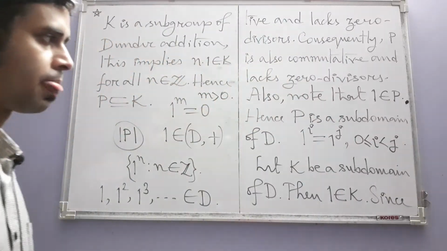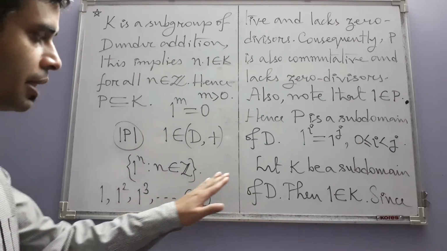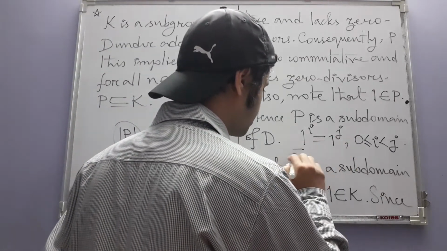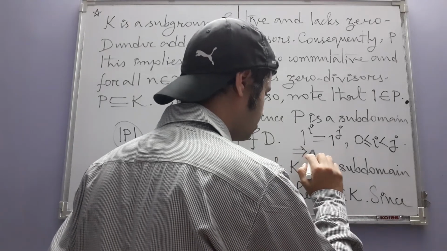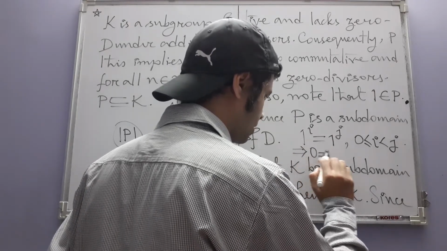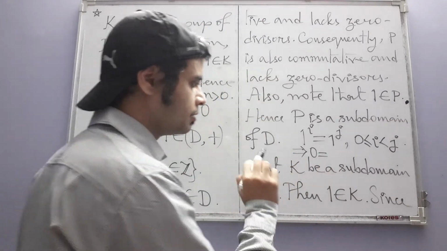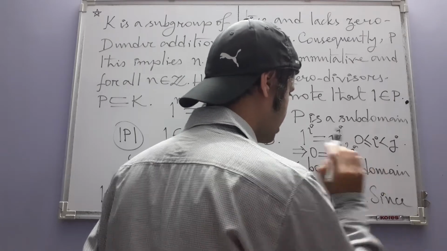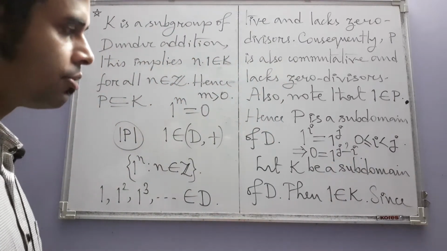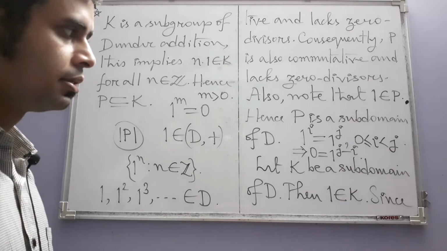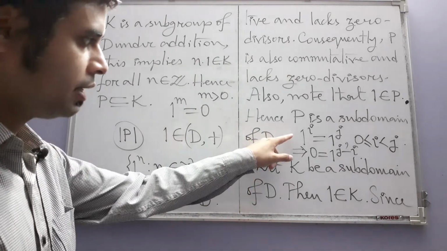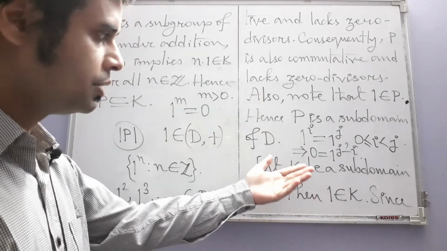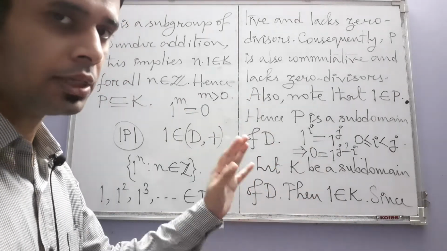But keep in mind that now you are in a group. So in a group you can just simply play with this equation, and it will look extremely weird, but still from the group theoretic point of view it's a legitimate calculation. 0 is equal to 1 to the power j minus i. So what we have done is that we have multiplied on both sides by 1 to the power minus i, which we can do because we are in a group,